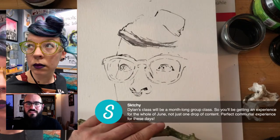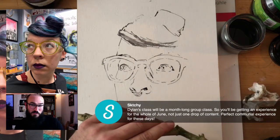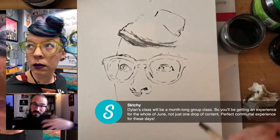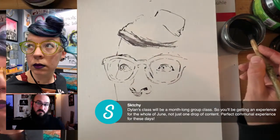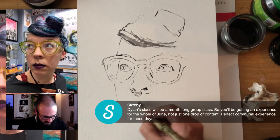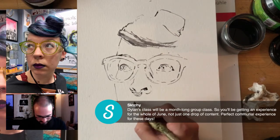Okay, and Sketchy, yeah. So, what Sketchy said, the month-long group class is going to be so cool. It'll be nice spending a month with you all, and we'll be drawing a lot together, trying out a lot of different inks, and I hope it will really encourage all of you to be curious and try a lot of things from your kitchen or your garden or your neighbor's garden or the botanic gardens. Just try things out